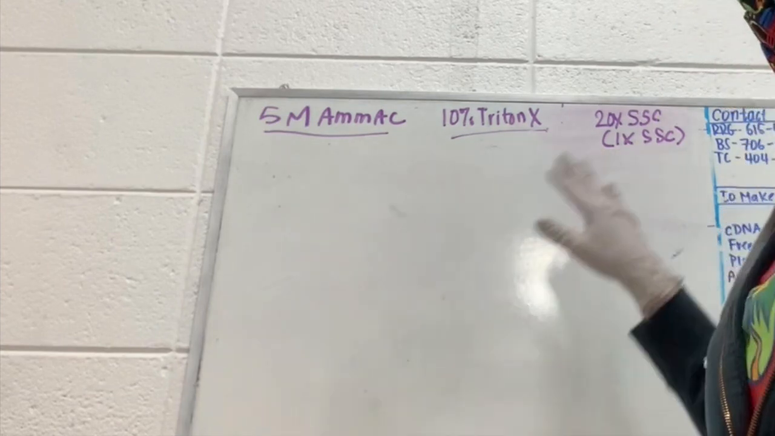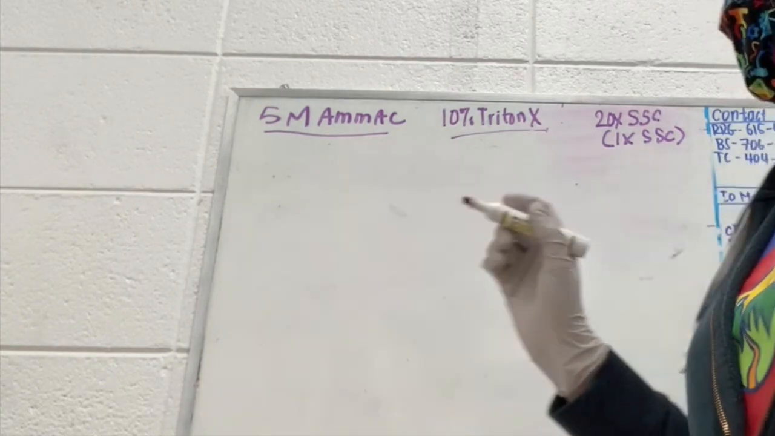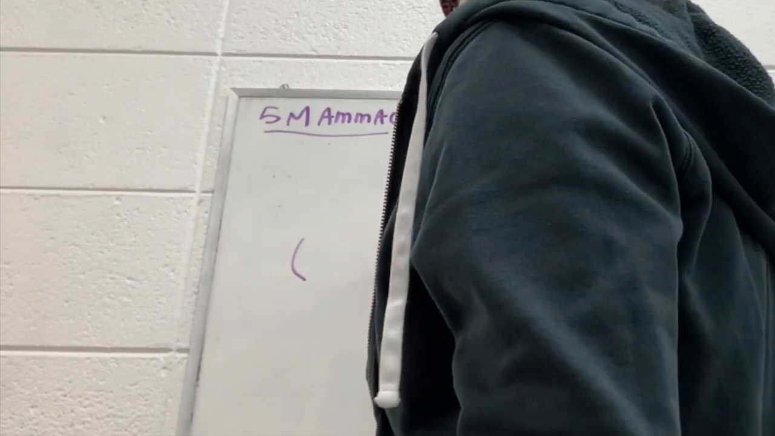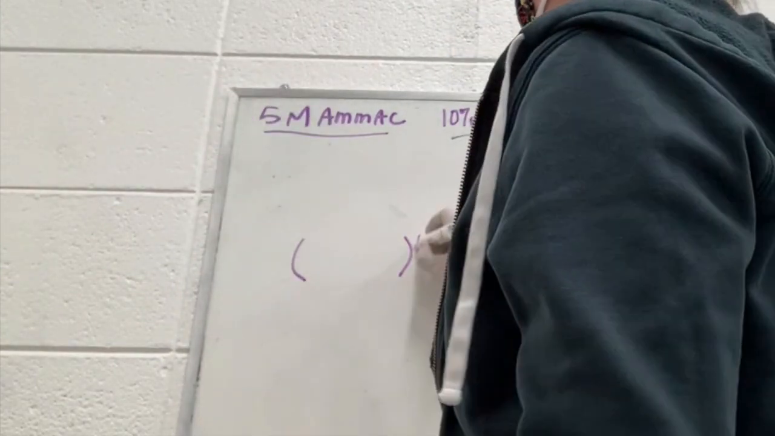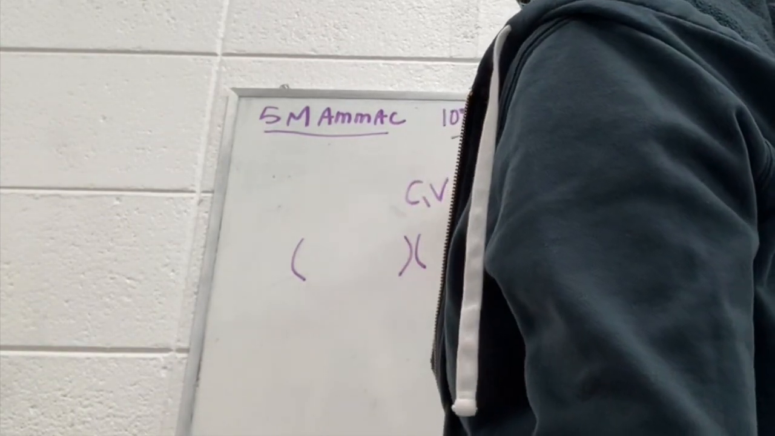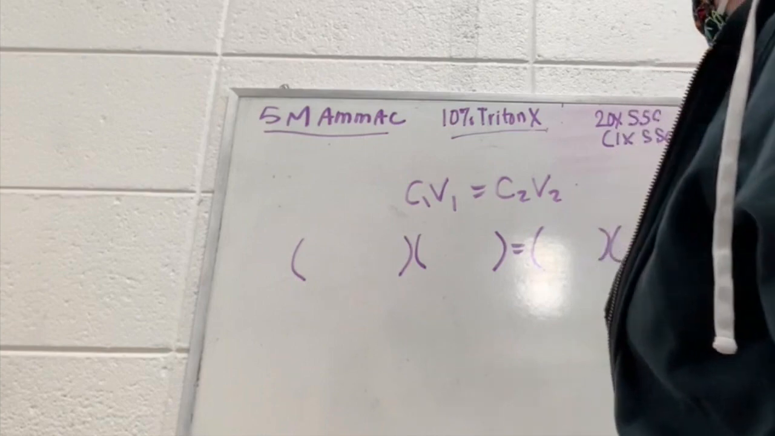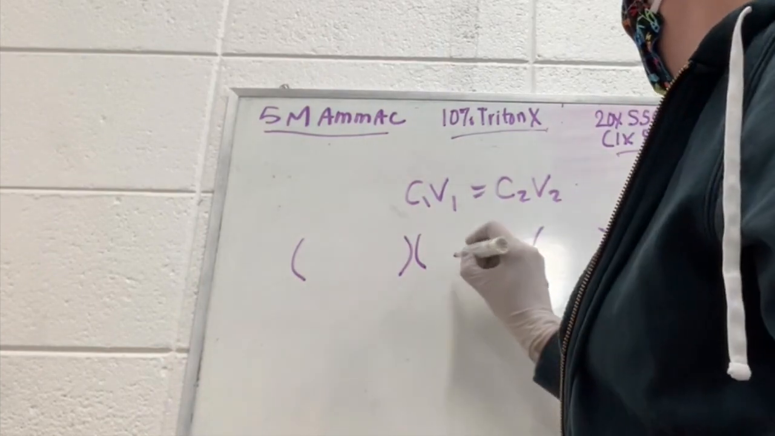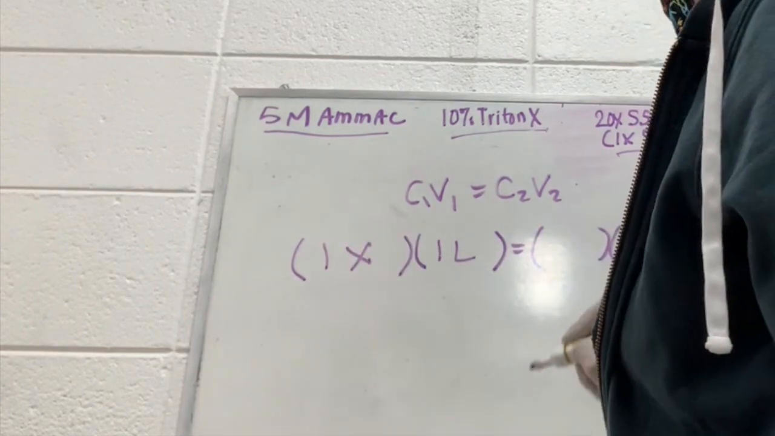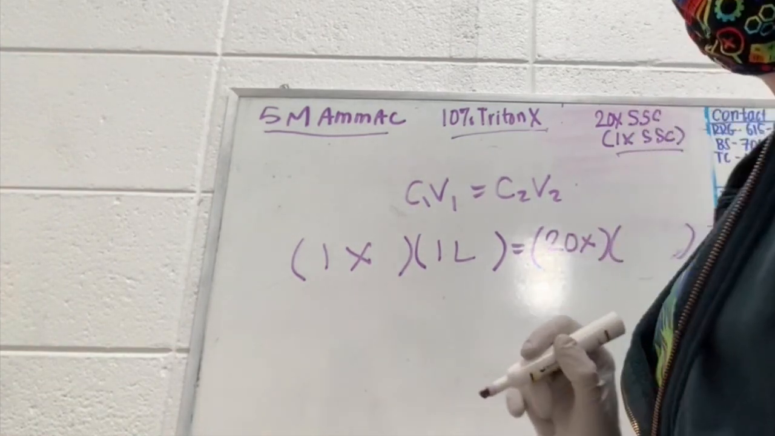And then lastly, there are times when we have a 5x solution or a 20x solution and you're asked to make a dilution of that down to 1x. Sometimes you can just do this in your head, but the other way to do this is C1V1 equals C2V2, concentration and volume. So if, for example, you wanted to make 1 liter of 1x SSC, and you were starting out with 20x, and you wanted to know what the volume would be,